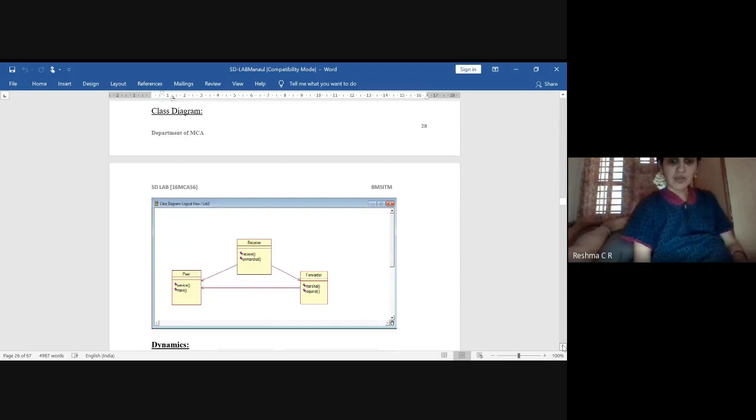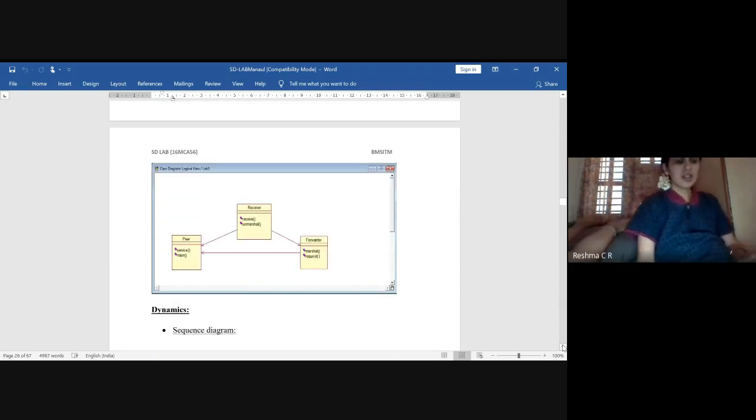Next we have the classes: peer, receiver and forwarder. The peer class is the main class, and it will ask for the service. The receiver has to receive the message. To do this, the peer will send a message to the forwarder.